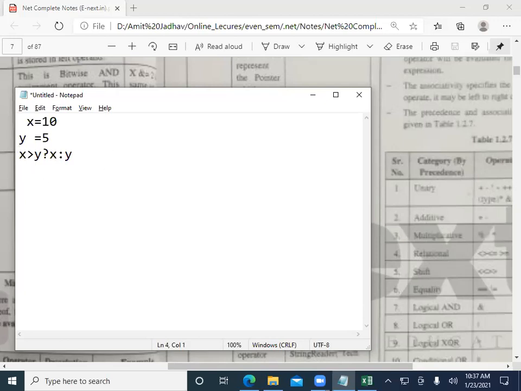Instead of this, we can use an if statement also. If x is greater than y, then Console.Write x is greater than y.